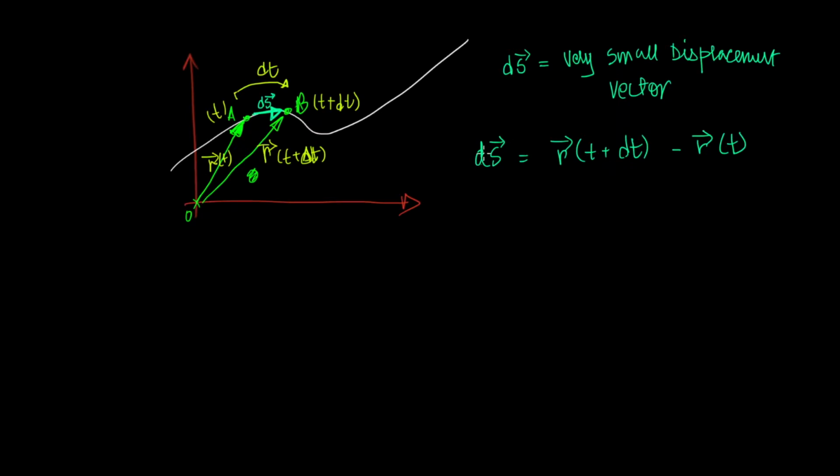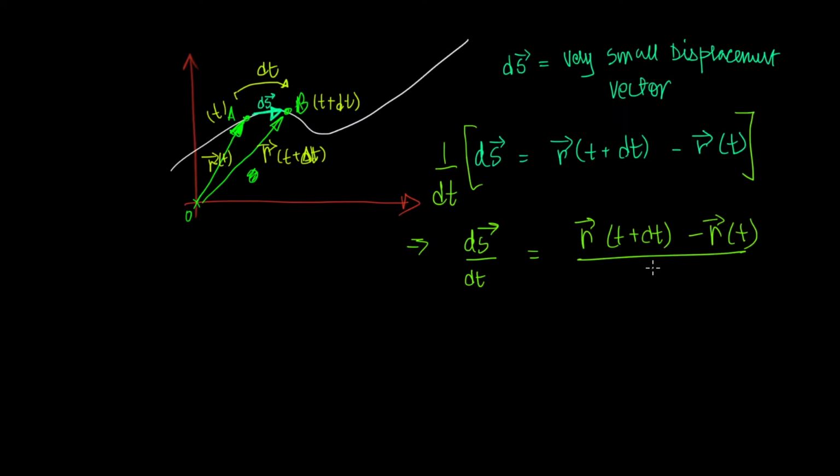That is how we define our very small displacement vector. Now dividing the entire equation by the time interval, 1 by dt, we get ds vector by dt becomes r of t plus dt minus r of t divided by dt. Now, if you take a close look at this, the left-hand side is something that we define as